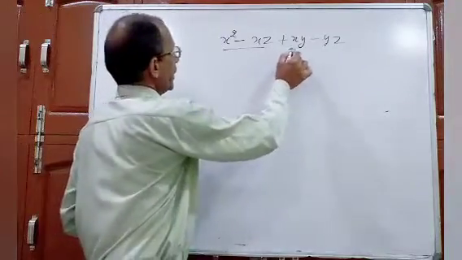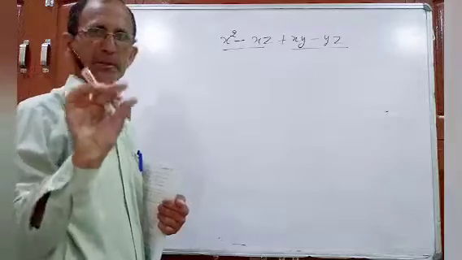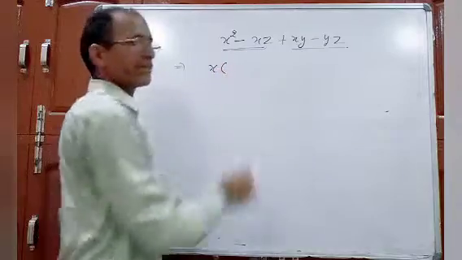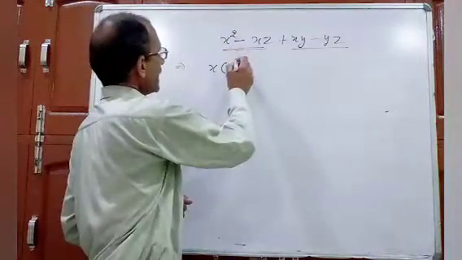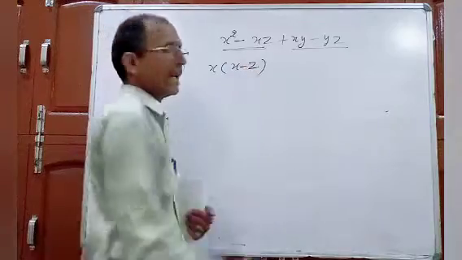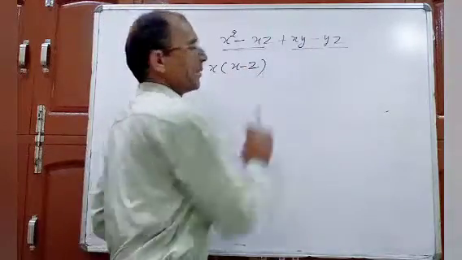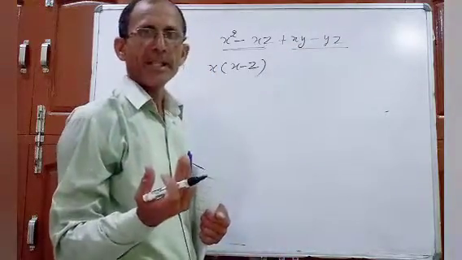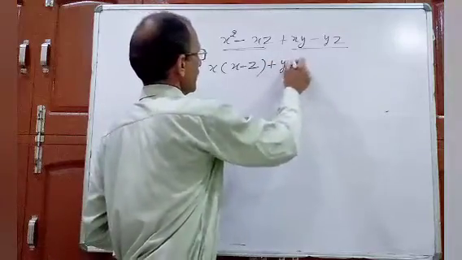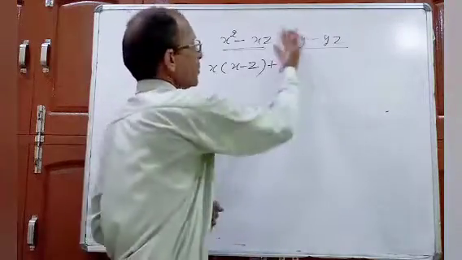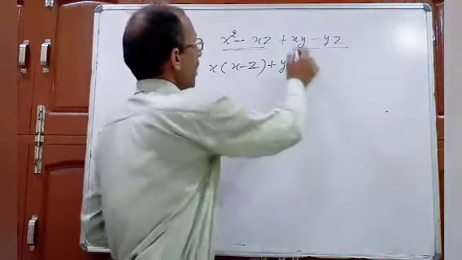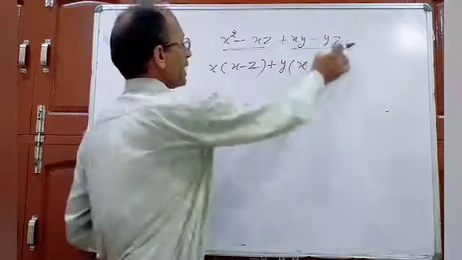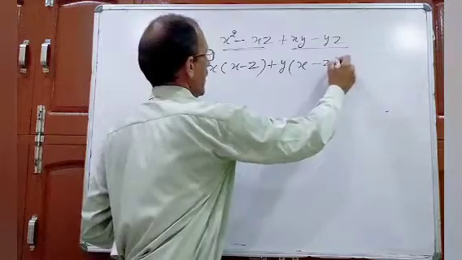There are 4 terms, so make pairs. Pair means we have to take 2 terms. In this one what is common? x is common. After taking x common, we get x minus z. From this one, what is common, which can divide both the terms? y is here, y is here. It means y can divide both the terms. So plus y is common, because we can't take minus common; here is plus, so take plus common. After taking y common, if I divide xy by y, here will be x. If I divide yz by y, here will be minus z.